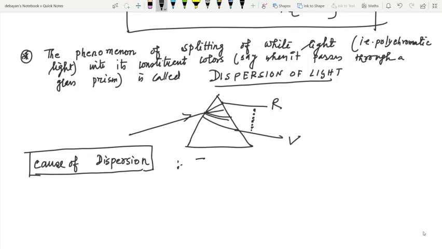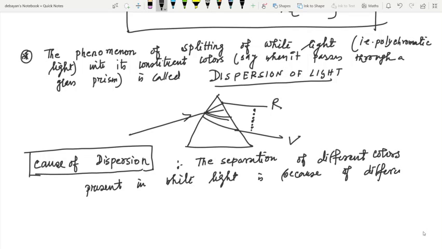So actually what we can say is that the separation of different colors present in white light is because of the different deviations suffered by them when passing through a prism,